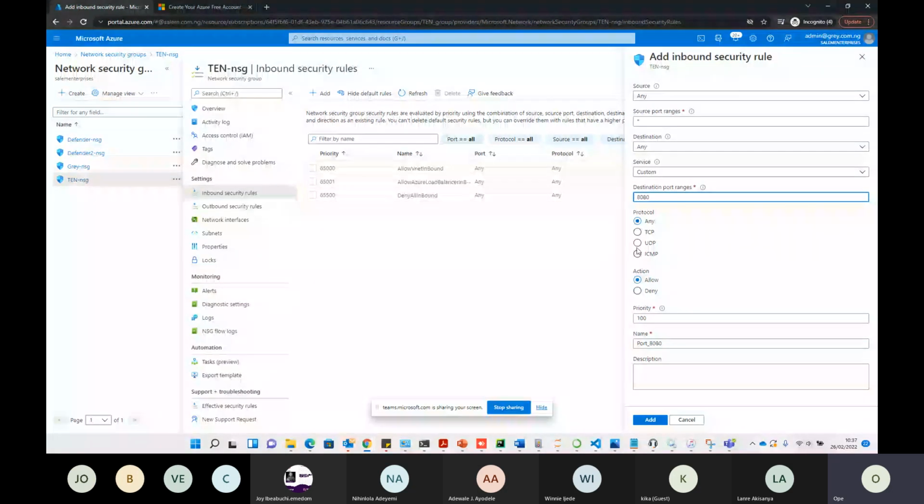Protocols, like I mentioned, TCP, UDP, ICMP. What do you want it to do? You want it to allow or deny? The priorities, 100, like I said. The port name,